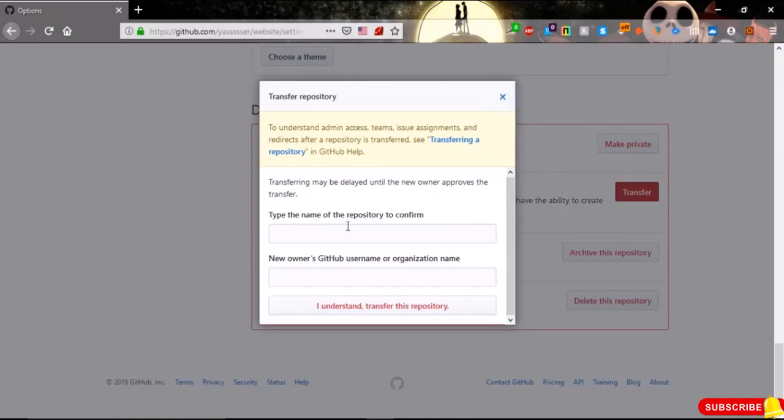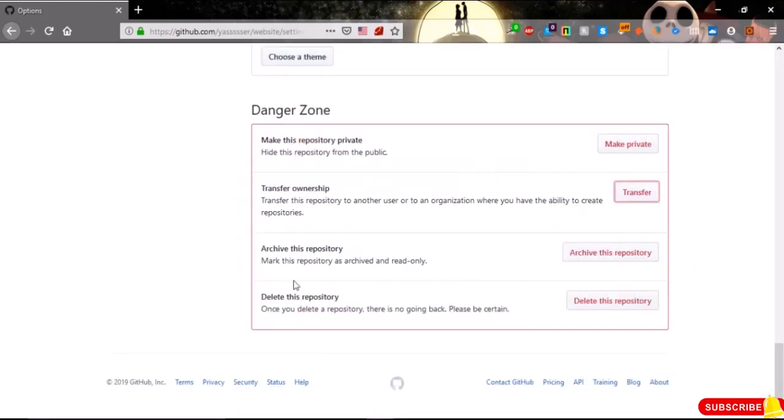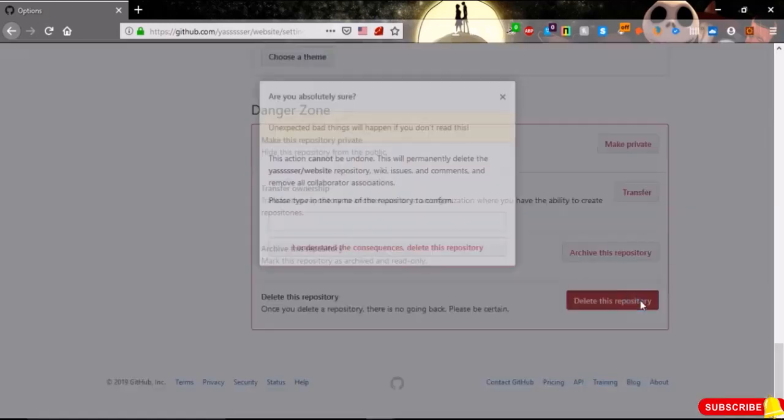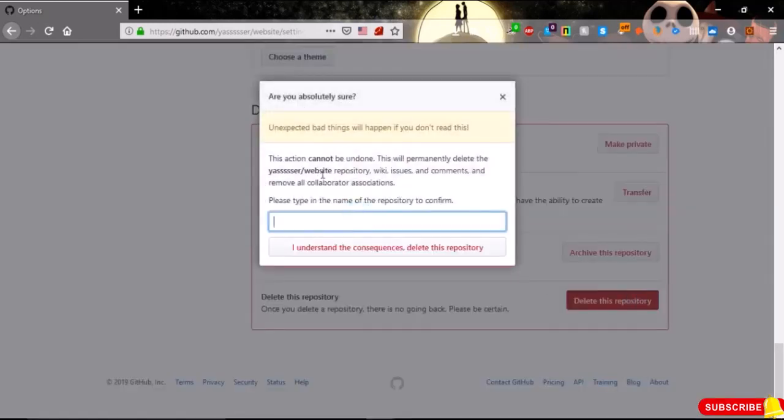And here we also have archive repository, if we want to archive some repository or to delete a repository. Also, for delete and archive repository we need to write the name of our repository, then "I understand the consequences"